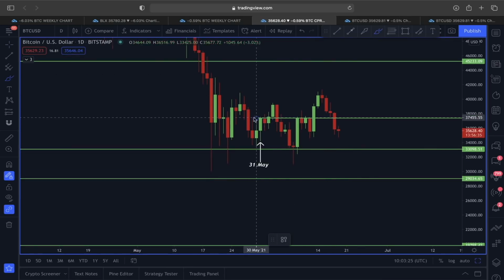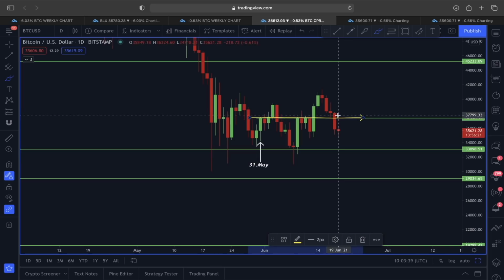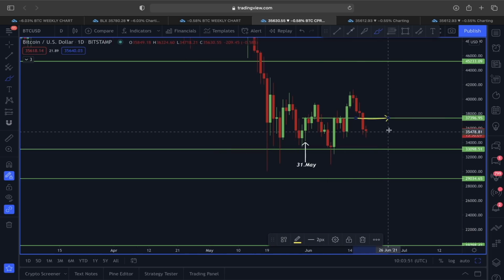this 37,400, we said, hey, this line is the monthly candle close of 31st of May, because this 31st of May candle closed exactly around the 37,400 area. So this line was a very, very strong support line, but the price of Bitcoin was unable to find support above it, and now we are seeing this pullback type of scenario. And if you have watched my video, I also said if this support is going to fail, according to these Bitcoin monthly candle close label areas, the next possible target is going to be this green line that is lying around